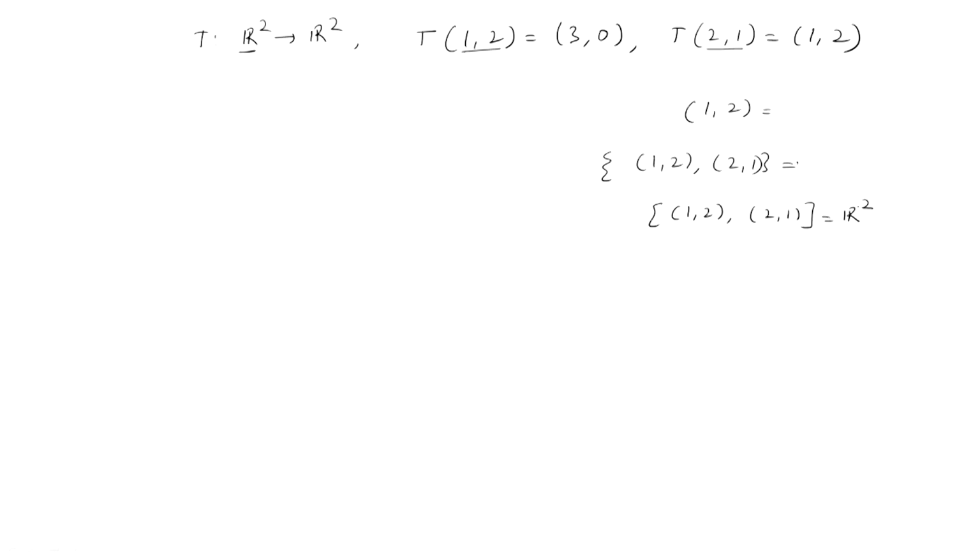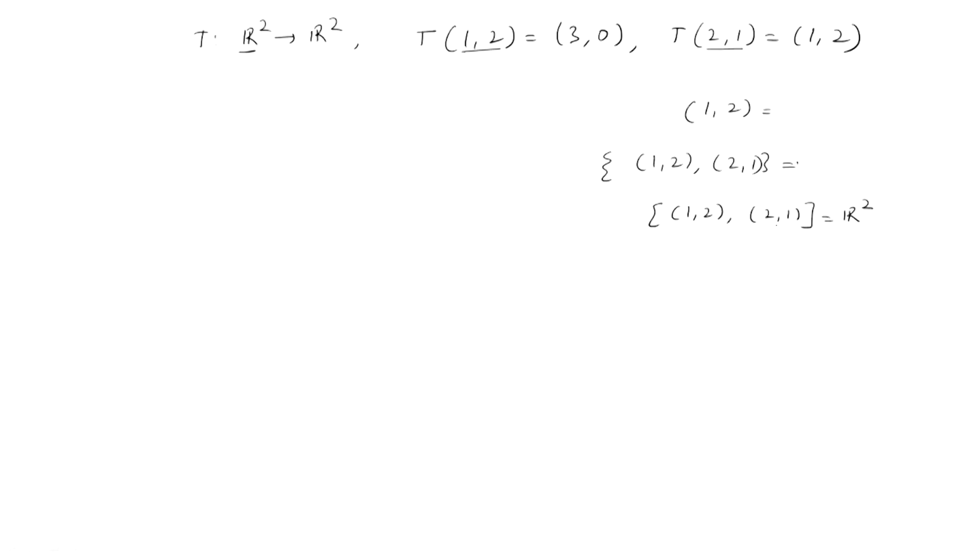That is, what is the dimension of Rn? The dimension of Rn is n. And if you have any set containing n linearly independent vectors, that will be a basis of Rn. There are infinite bases of Rn, and there are infinite bases of R2. One of the bases is this: you take any two linearly independent vectors in R2, and their span will definitely generate R2.